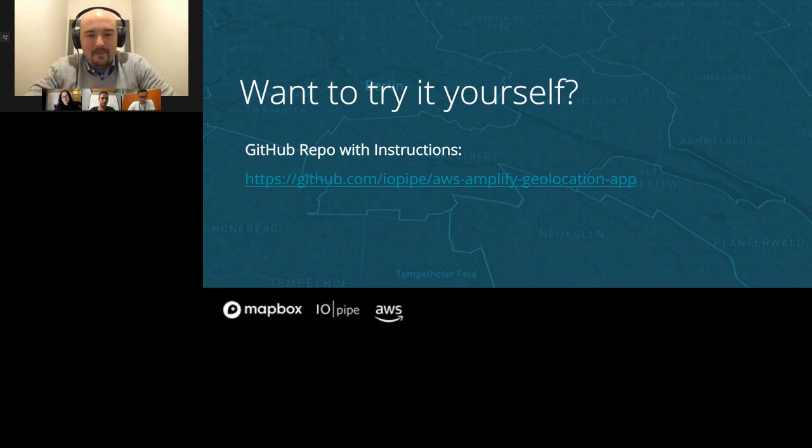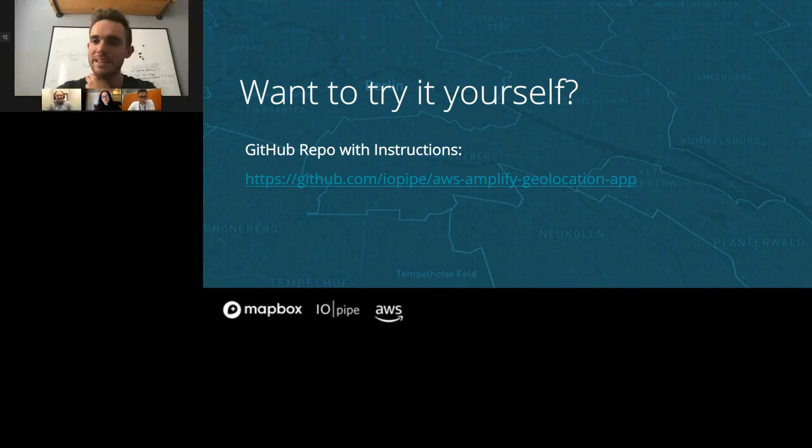I'm not too funny, so I'll spare you all the jokes. But the GitHub repository is for deploying the Amplify framework that allows you to deploy the functions and the DynamoDB tables. There are instructions there on how to deploy that environment. As long as you have an AWS account, you should be able to spin up all those things. And those functions will also take in the IP address and store them as custom metrics in IOPipe.